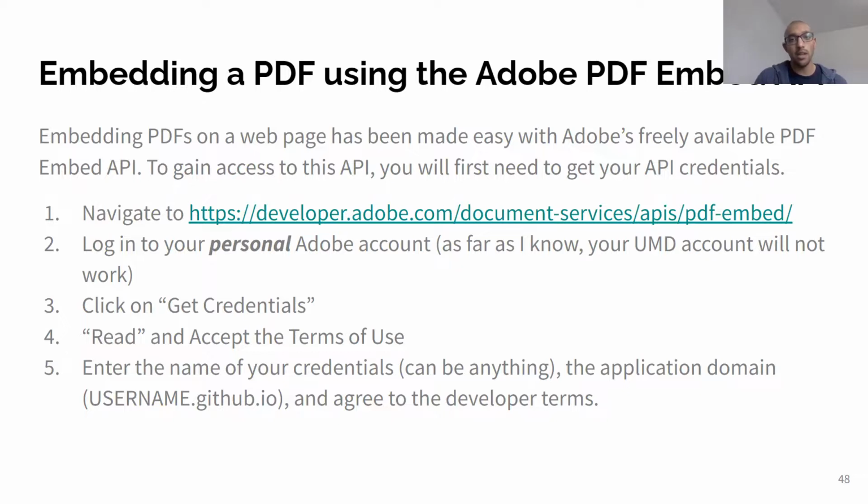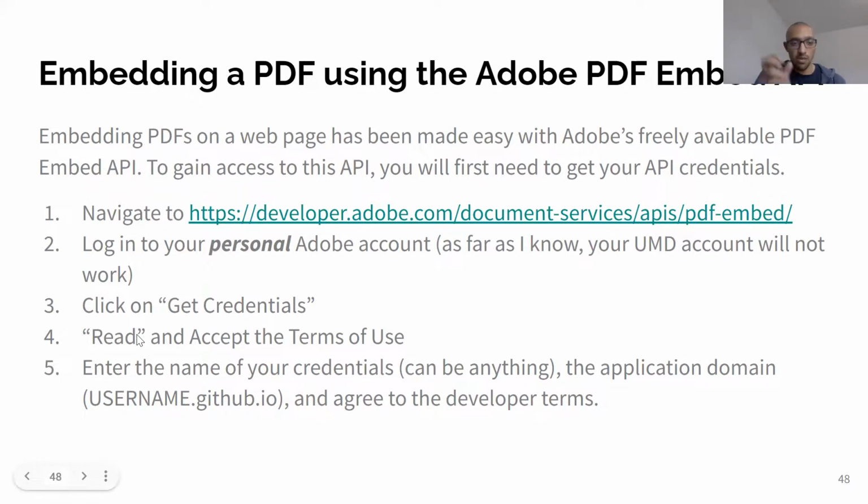To do that, navigate to the website in step 1. Now, you have to log in using a personal account. As far as we've tried, the UMD account doesn't work for this, but making a personal account is free, and the PDF Embed API is also freely available. Once you navigate to this website, click on Get Credentials,